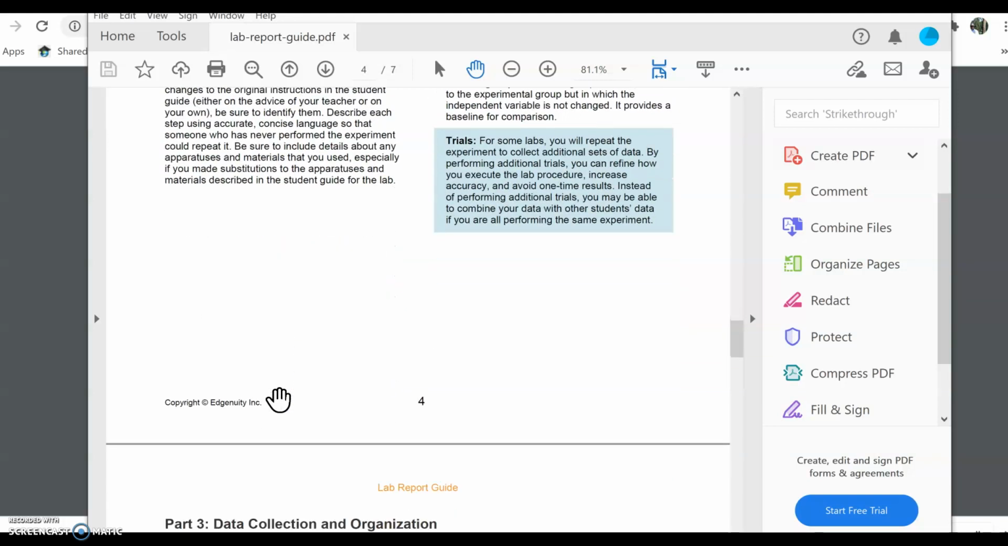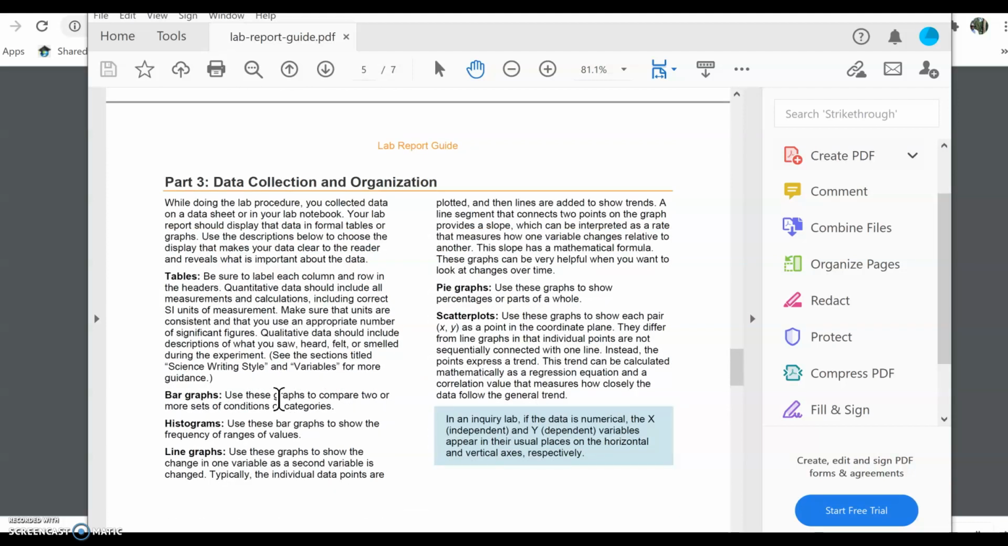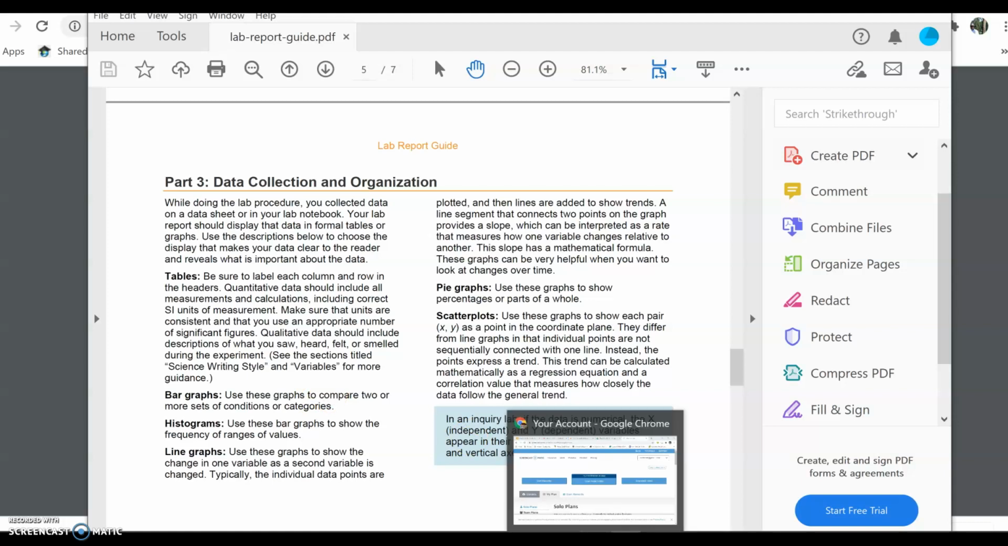Part 3, your data collection. This is where all of the numbers come into play. If the block of wood was 3.5 centimeters long, you would list the block of wood in your data collection as 3.5 centimeters long. And what I've done is I've downloaded